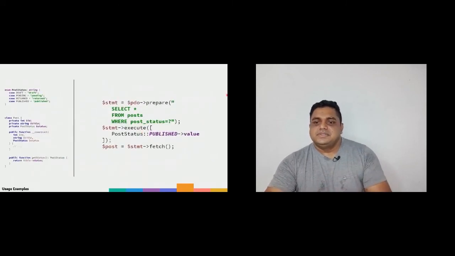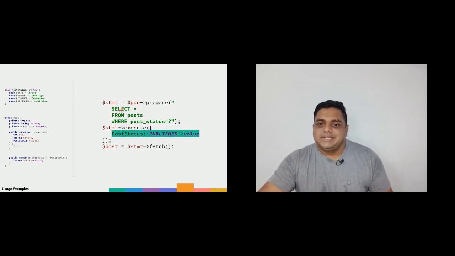If you want to put these values as a string or JSON API or anything else, or even just print them on screen, you can use this property called value. In this example, we try to select all the posts where the post status is one of these values.